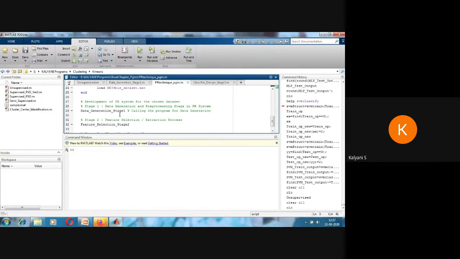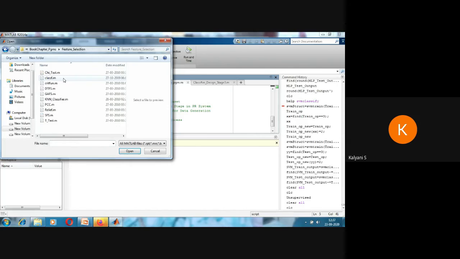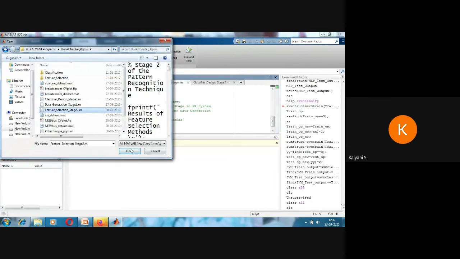After calling the data generation, I am calling the feature selection. I will show you the feature selection also. Yeah, feature selection, stage 2.